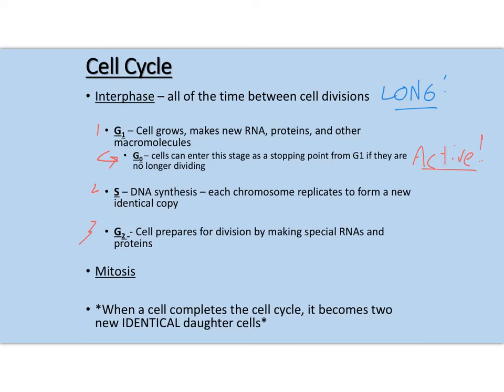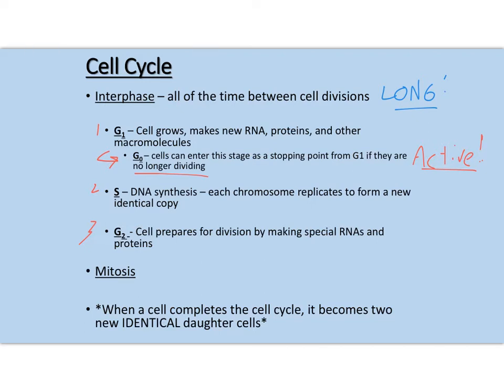So, for instance, if this is a cell in your liver, if it's in G0, it's still doing everything the liver is supposed to do. The difference is a G0 cell is no longer actively dividing. So a G0 cell is not trying to move through the cell cycle, it is just kind of hanging out like it is. And again, we think that the majority of adult cells in people are probably in this